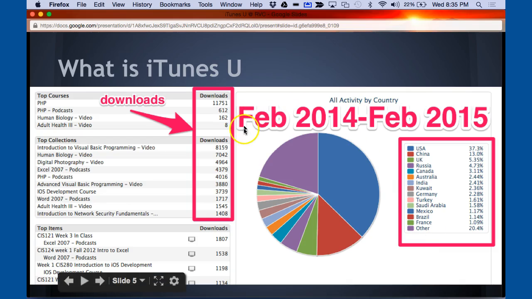Some of the top courses: over 11,000, close to 12,000 downloads for PHP, a course I teach on mobile web development and app development using PHP. Then you have biology,